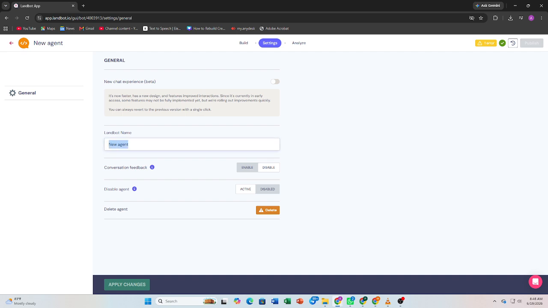Finally, preview your chatbot, test every conversation path, save your changes, and publish the updated chatbot. And that's it. You've successfully learned how to customize a Landbot chatbot. Your chatbot is now more attractive, interactive, and